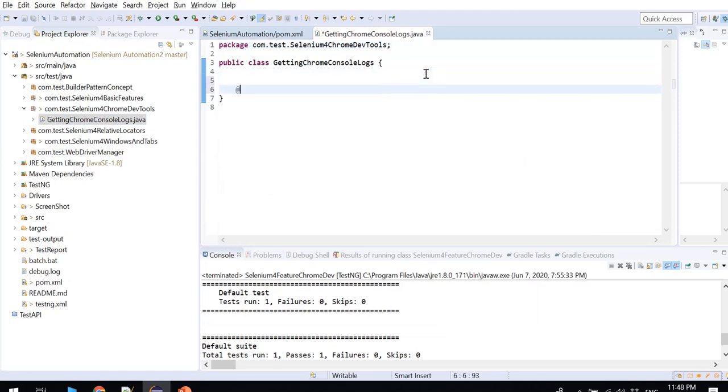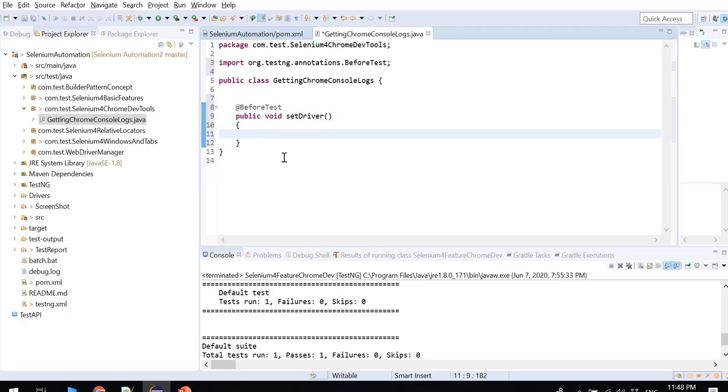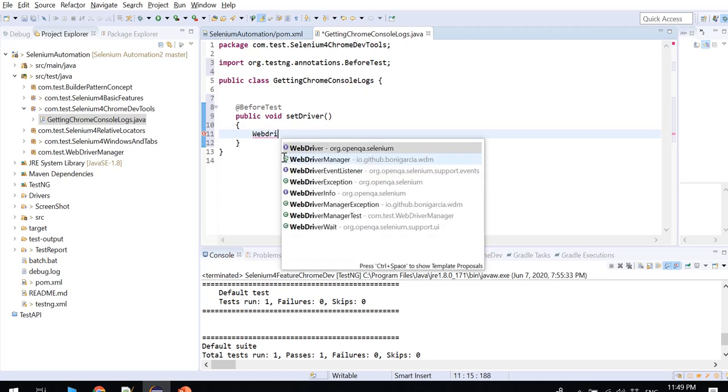Okay, let me use TestNG. I'll say @BeforeTest, and here I'll say public void setDriver, or launchDriver. We can use anything. Okay, I'll say setDriver, and here I'll use WebDriverManager, which I discussed in my previous video.